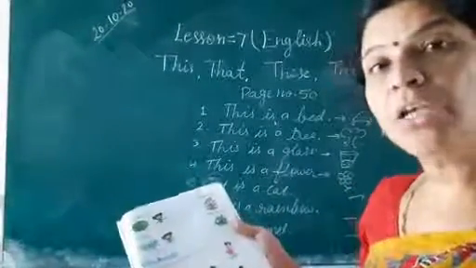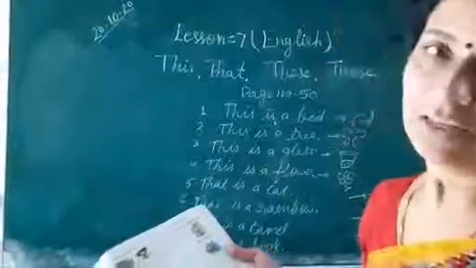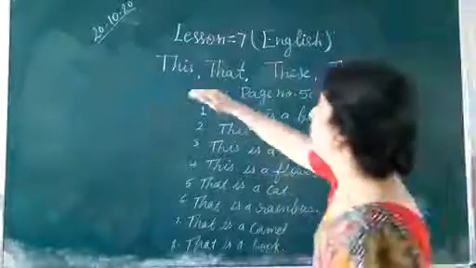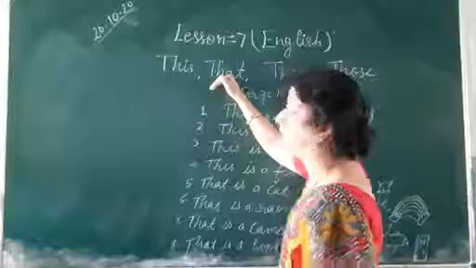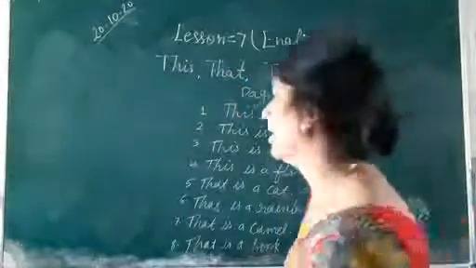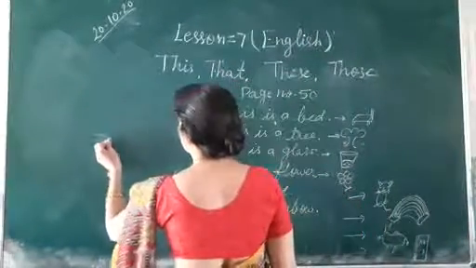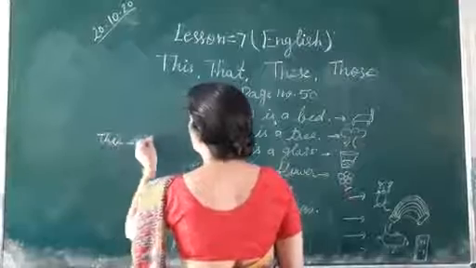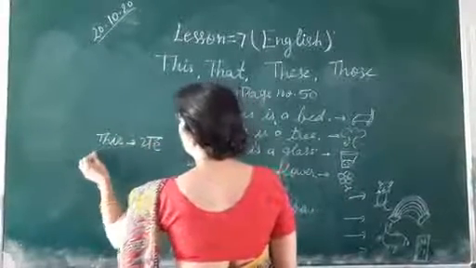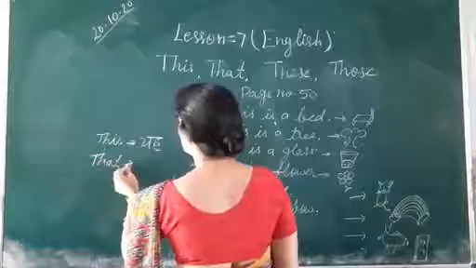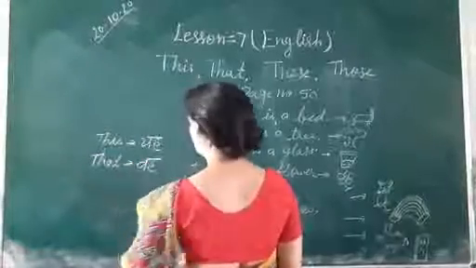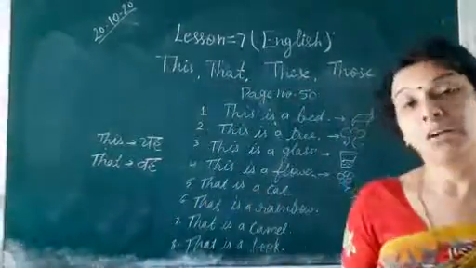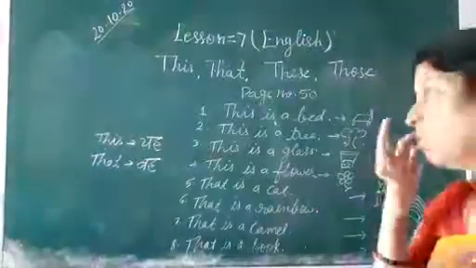जो पिक्चर दूर है उसके लिए that का यूज करेंगे. अब आपको अच्छे समझ में आ गया होगा what is the difference between this and that. This मतलब भी क्या होता है? यह. This मतलब क्या होता है? यह. और that मतलब क्या होता है? वह. जो पास में होता है वो यह बोलते हैं और जो दूर होता है उसको वह.